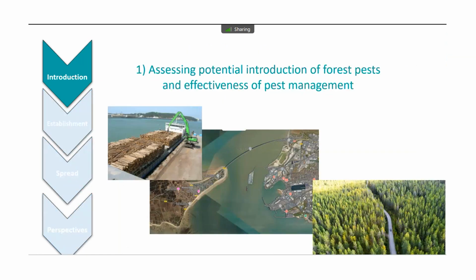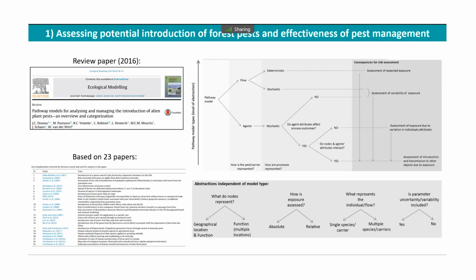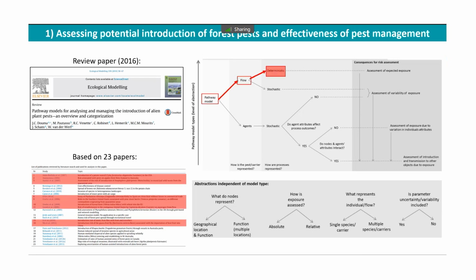So first, regarding probability of entry. A few years ago, I worked with some colleagues from Wageningen University in the Netherlands, notably with Wopke van der Werf and Bob Dumar, but also other colleagues. And we reviewed studies in which the authors developed some pathway models to describe the probability of entry of alien species. And we found 23 papers. And in fact, there are a wide range of models that can be used to describe the probability